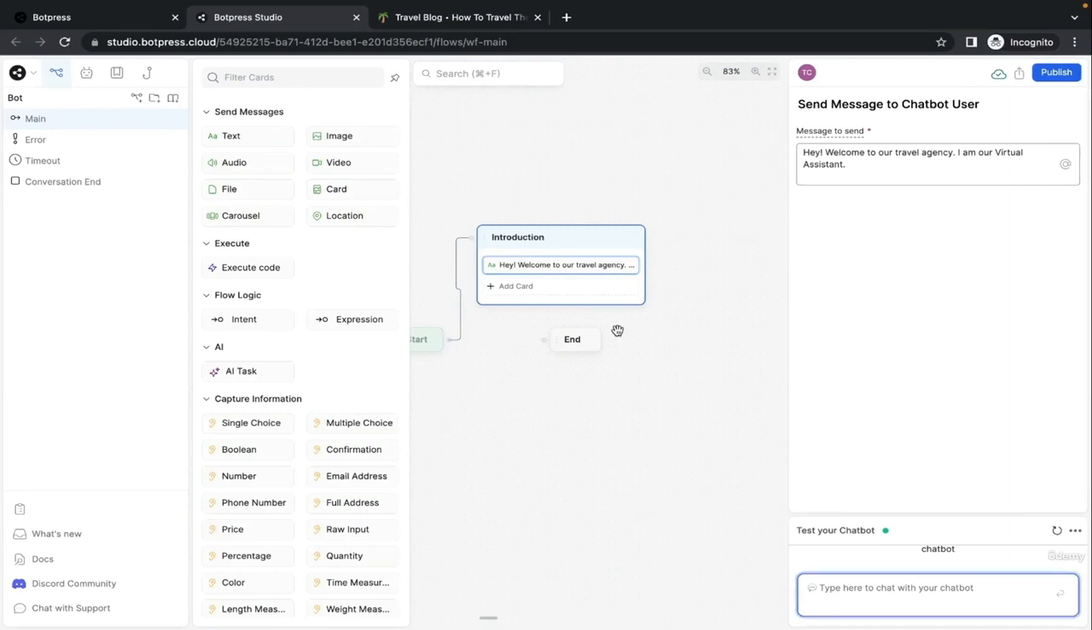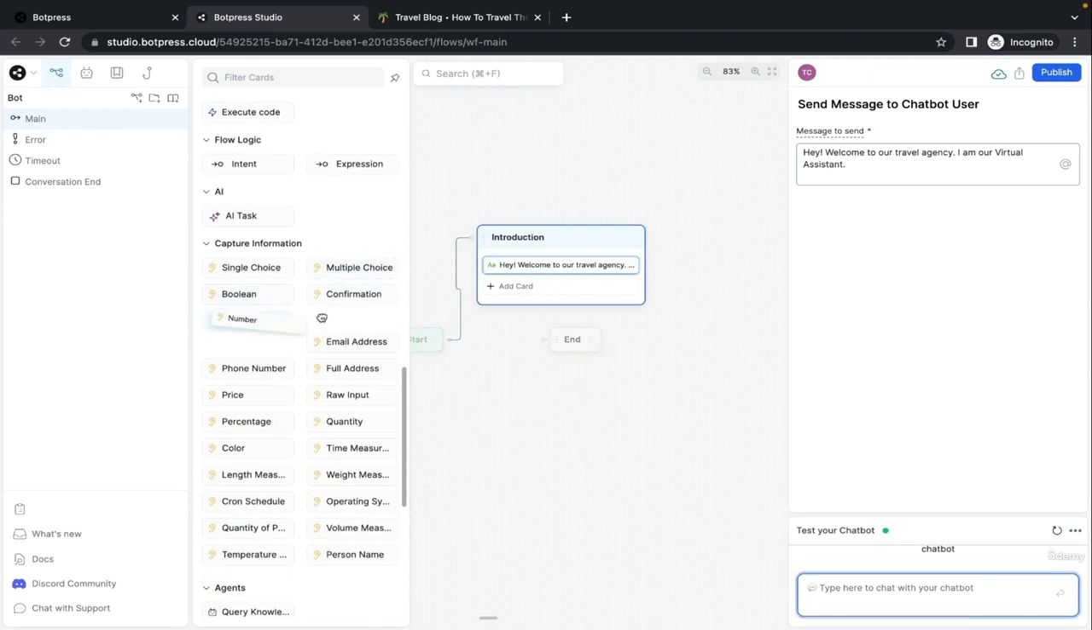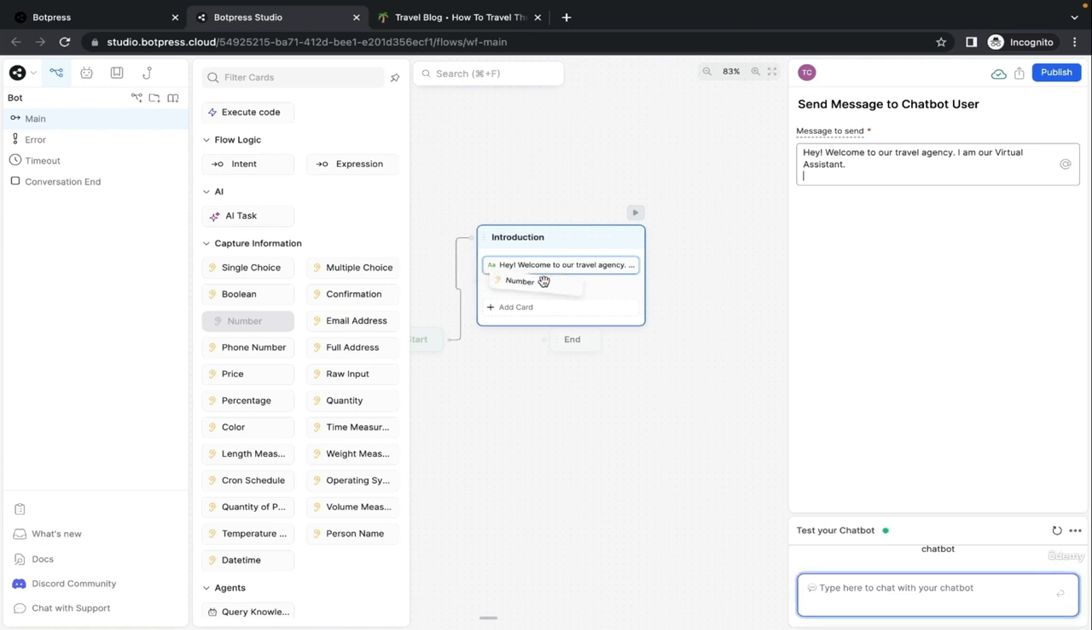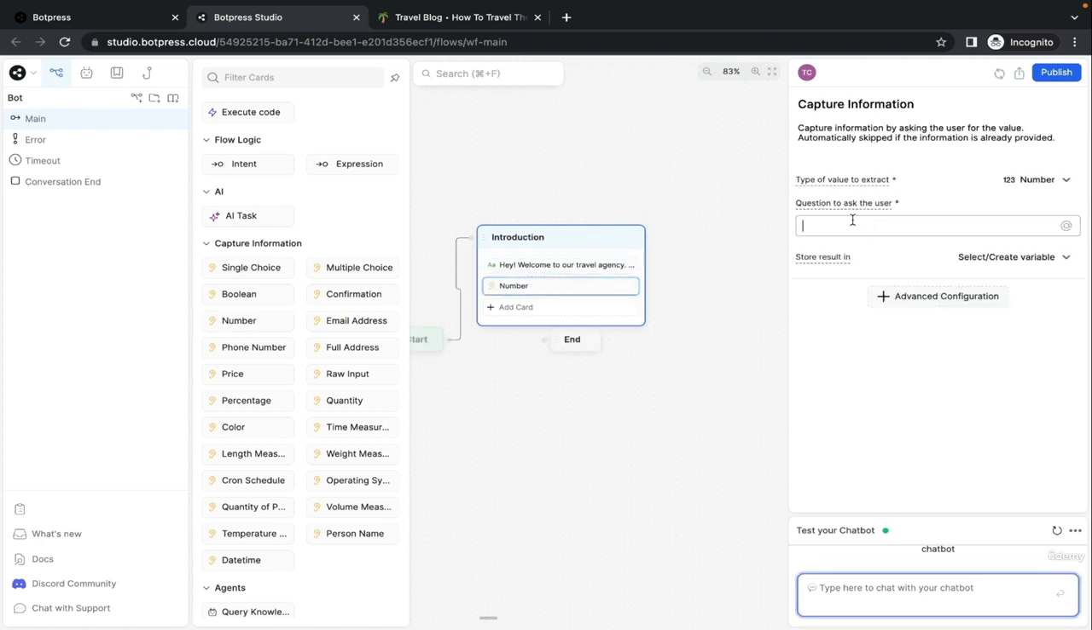Alright, so I want to ask my user the size of the group they are traveling with. In order to do that, I'm going to use a number card here and drag it down. To ask the question, we will ask how big a group are you traveling with, and make sure that the type of value to extract is number, and we will create a variable name group size